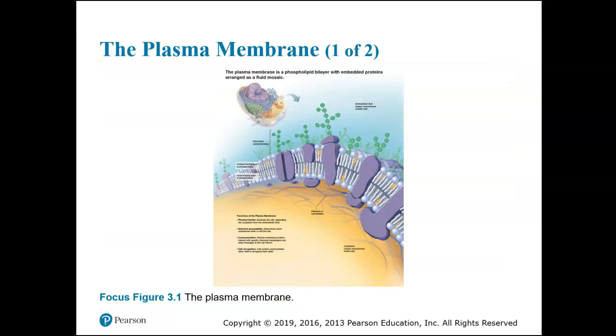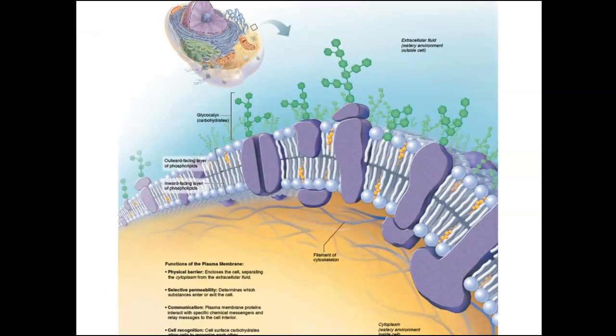So this is an image of the plasma membrane that I'm going to blow up. And you can see the phospholipid bilayer. You can see the heads of the phospholipids, which are called the phosphate heads, face inside and outside the cell, and then the fatty acid tails, which are insoluble in water, they face each other. So these are phospholipids. They contain a phosphate head that is soluble in water, and then 2 fatty acid tails